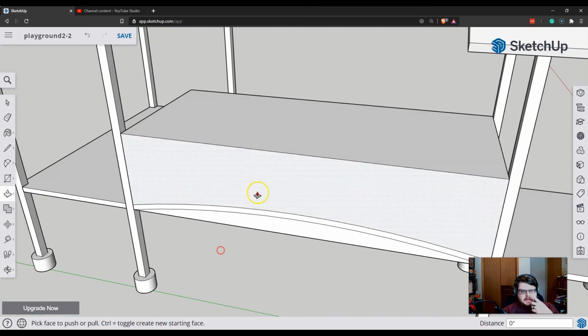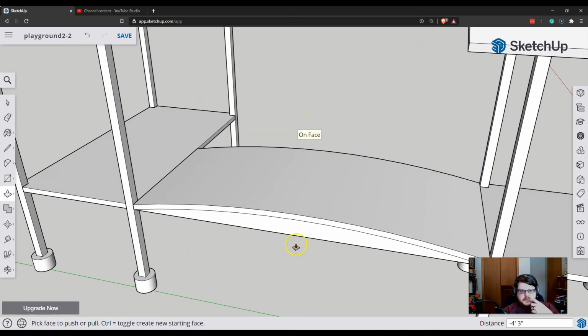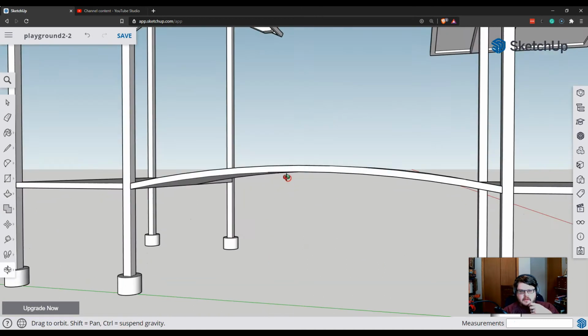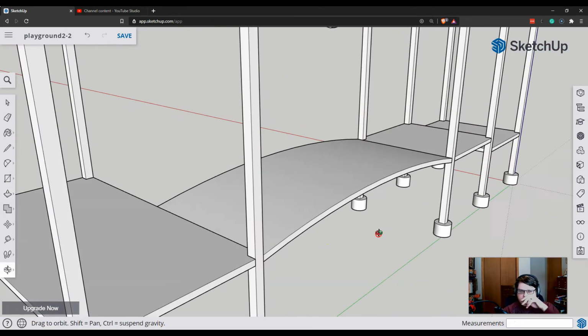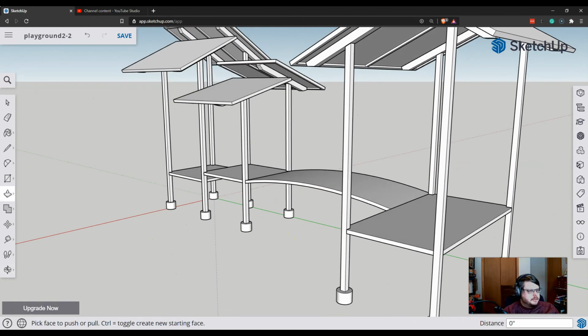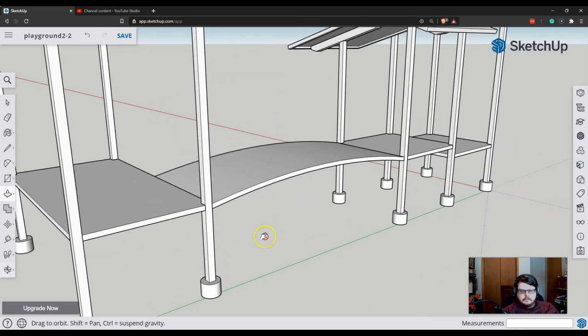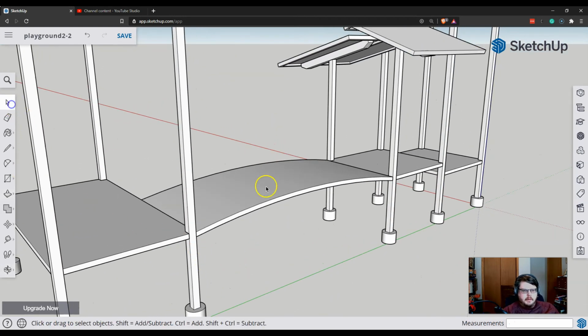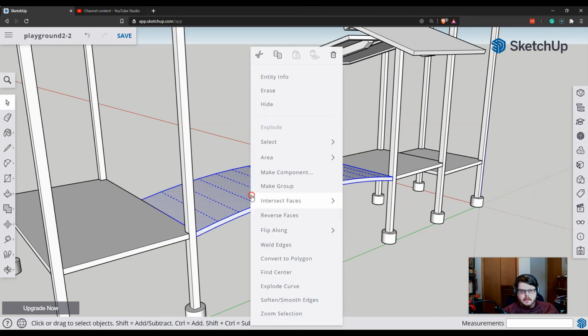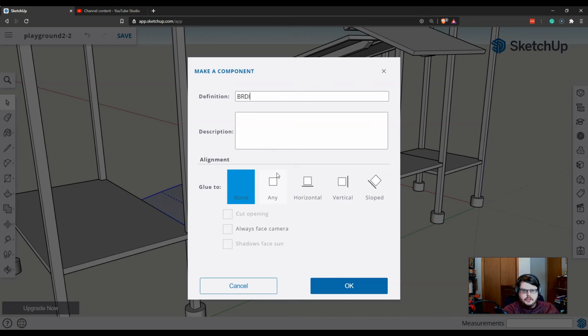Push-pull this to cut away everything that's not part of the bridge, and then double-click this face to do the same. And there we've got our bridge. To kind of finish it off a little bit, let's make it a component. Triple-click it, right-click, make component, bridge,